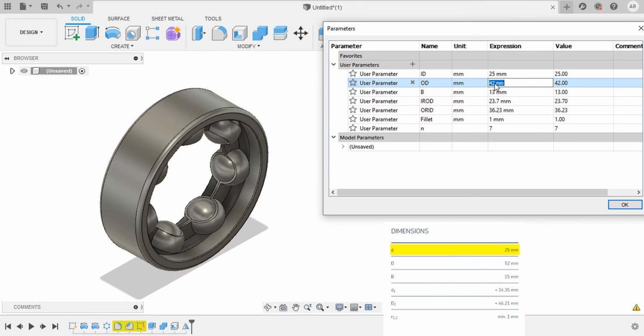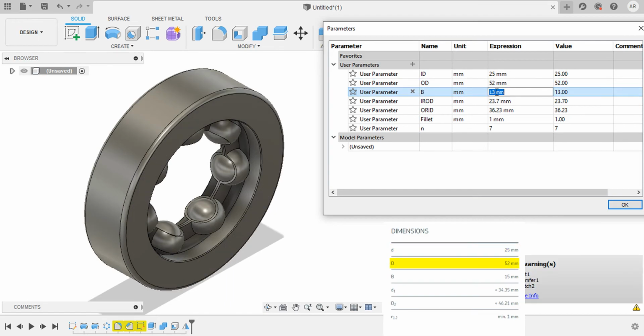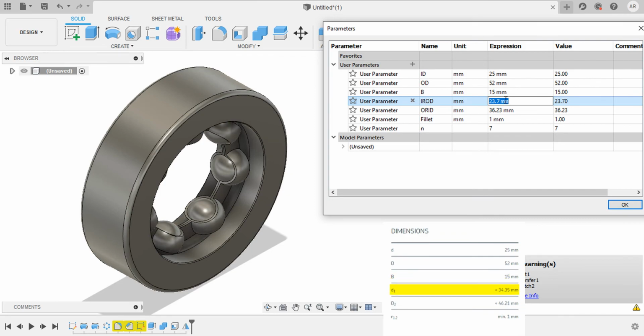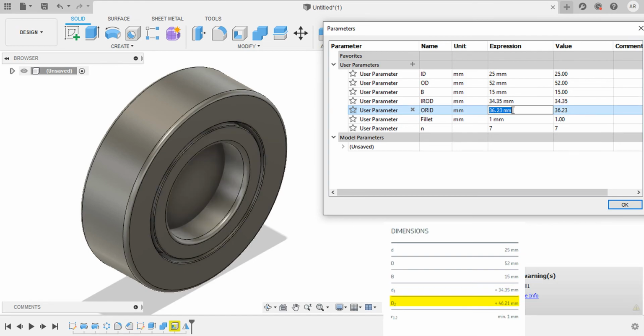You can observe that on-screen modification is possible with these parameters. But don't worry, we'll get the desired bearing by entering all these parameters correctly. The OD be 52 mm, the width be 15 mm. The inner race OD be 34.35 and the outer race ID be 46.21.